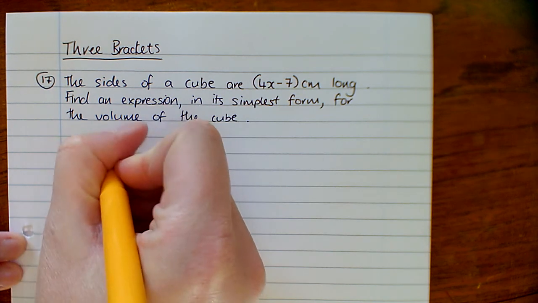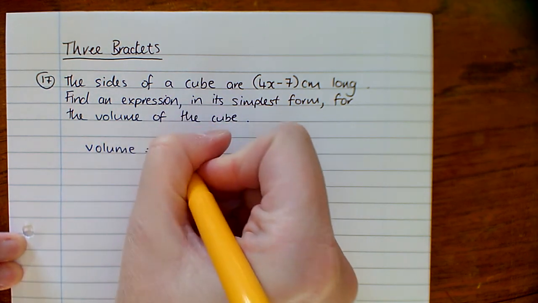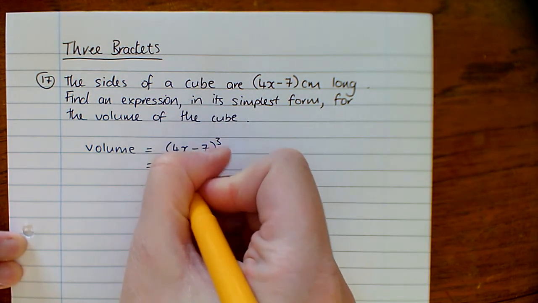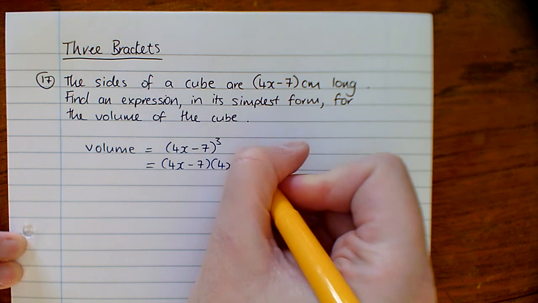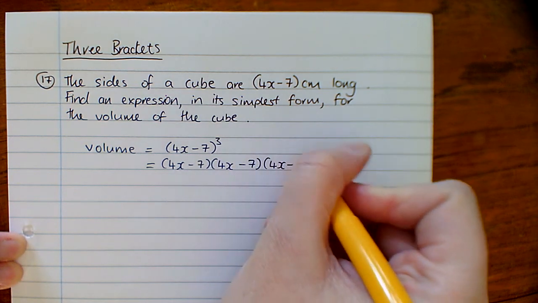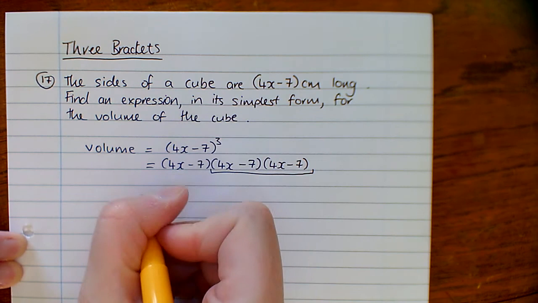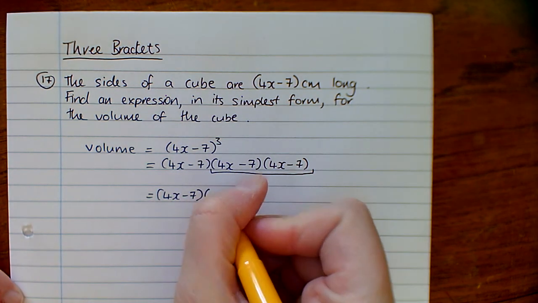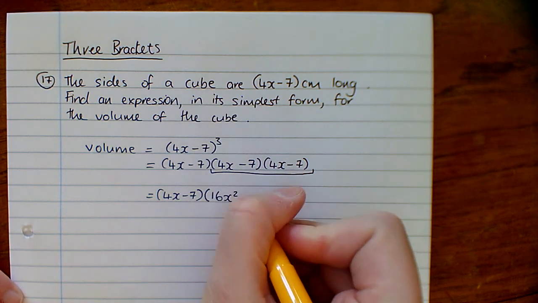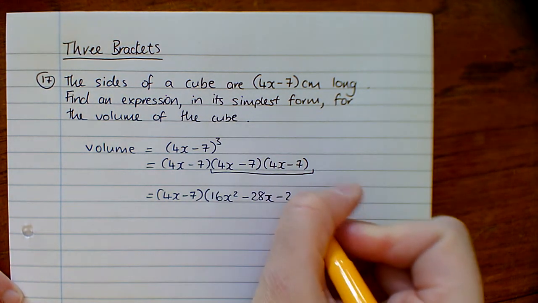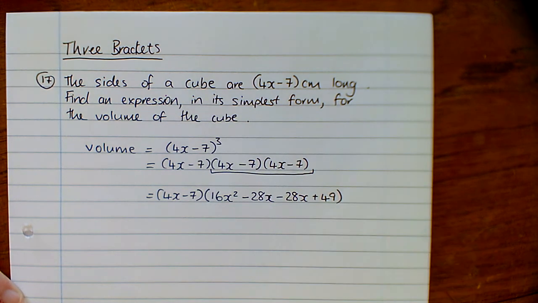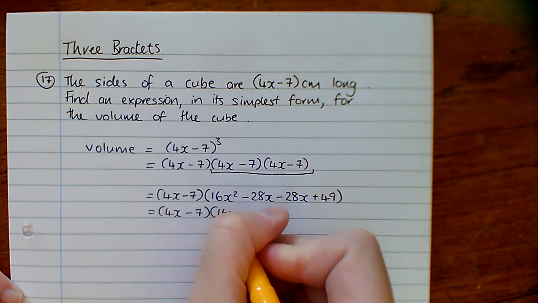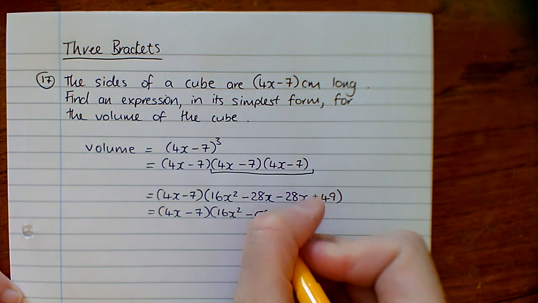So to get the volume of the cube, it's 4x minus 7, the length, cubed. So that's 4x minus 7 by 4x minus 7 by 4x minus 7. Again, I'm going to leave the first bracket and multiply out the last two. So using FOIL, we get 16x squared minus 28x minus 28x plus 49. Tidy it up a bit. We'll get 16x squared minus 56x